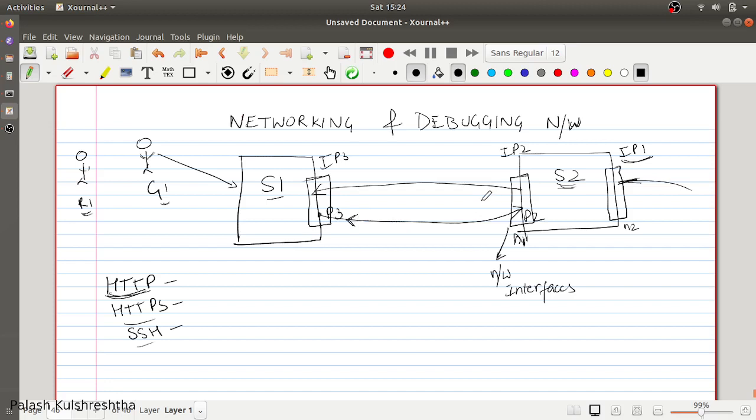So on the lower level, what is going to happen? Between S1 and S2, there is going to be a long range of connection of optical cables between these two servers. So in this case, server 1 and server 2 are connected via some optical fibers, or some physical connection has to be there between these two devices. It can be a Wi-Fi connection, it can be a physical connection in the form of optical cables or LAN cable, but some connection has to be there.